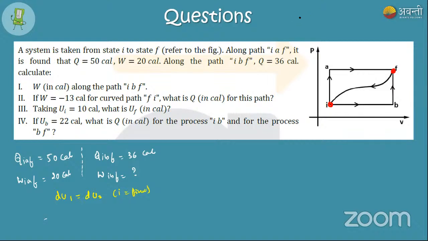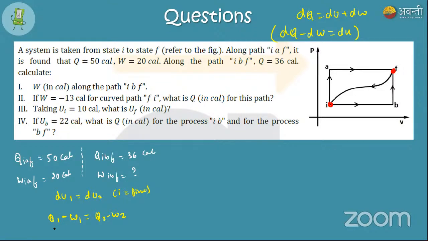From the first law of thermodynamics, dQ is equal to dU plus dW, or dQ minus dU is equal to dW. So this is the formula for dU. Substitute here. Therefore, Q1 minus W1 is equal to Q2 minus W2. Am I clear here, all of you? Since the initial and final points are the same for both processes, the internal energy is the same. If the internal energy is the same, you can write Q1 minus W1 is equal to Q2 minus W2.